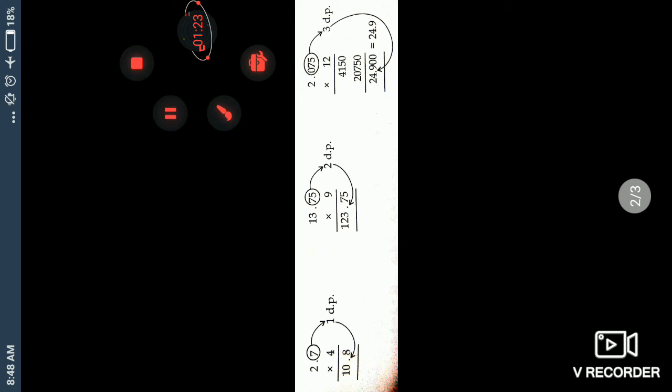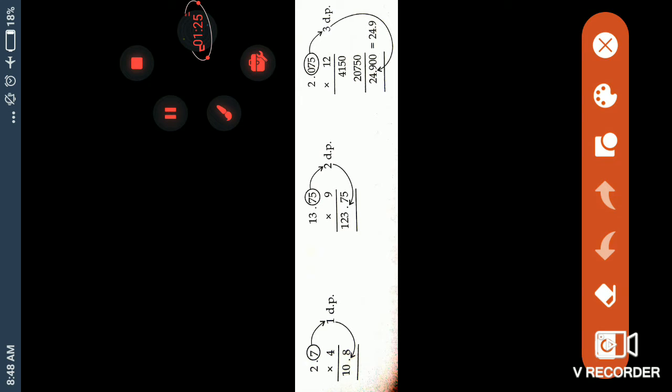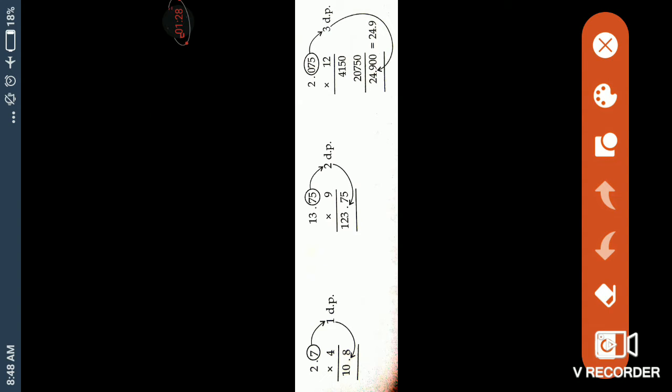These are three examples given for you to learn how to multiply decimals: decimal in one place, decimal in two places, decimal in three places. So simply, 2.7 multiplied by 4. So 4 sevens are 28, 8 carry 2, 4 twos are 8, plus 2 is 10. Now 9 fives are 45, carry 4, 9 sevens are 63 and 4 is 67, 9 threes are 27 plus 6 is 33, carry 3, 9 ones are 9, then 3 makes 12.